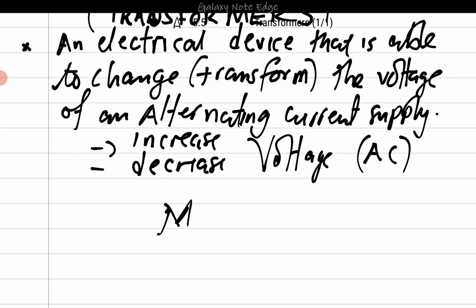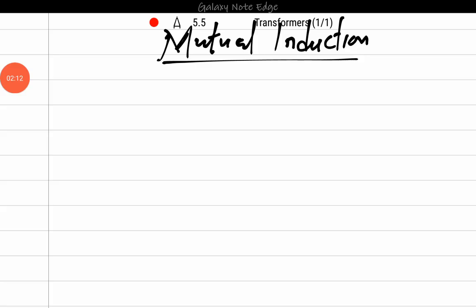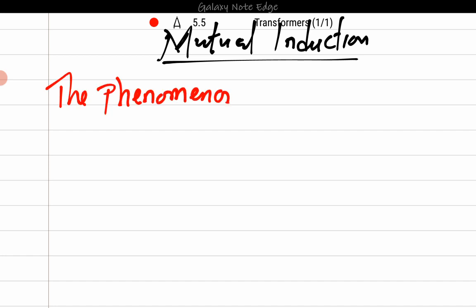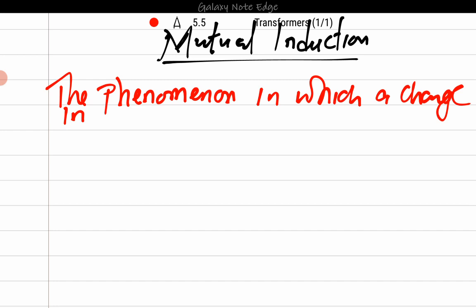Then we look at what we call mutual induction. For us to understand the transformer, we must also have an understanding of mutual induction. Mutual induction is the phenomenon in which a change in current, or the change of current in one coil